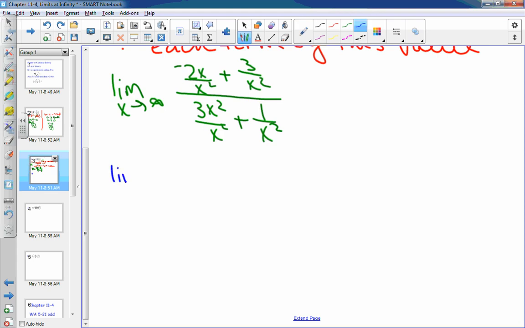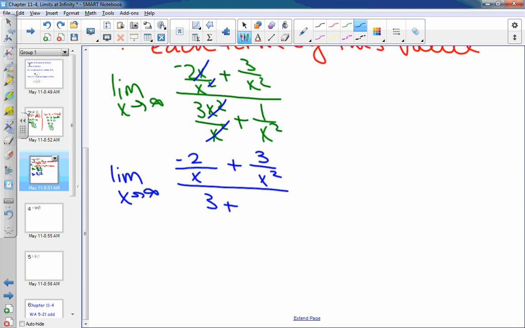So this gives me the limit as x approaches infinity. What's negative 2x over x squared cancel down to? Negative 2 over x plus 3 over x squared, all over the x squareds cancel out, 3 plus 1 over x squared. Okay? Do we all see that, yes or no? Okay, so now with that said,